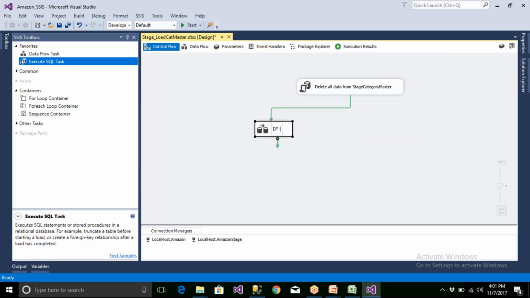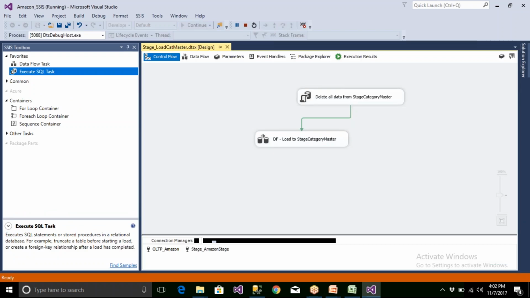So in the data flow, you're going to load to stage, something like this. You should be able to write. It is not localhost. You can say Amazon, or you can say OLTP source, OLTP underscore Amazon, and here F2 for rename. So you can say stage underscore Amazon stage database, something like this. You should be able to create and start.